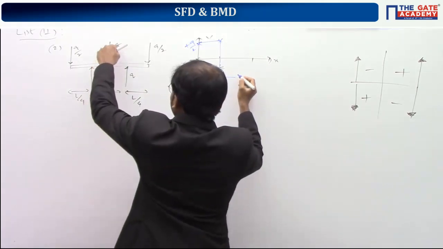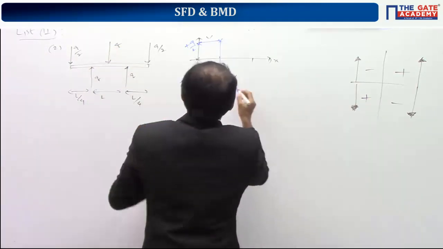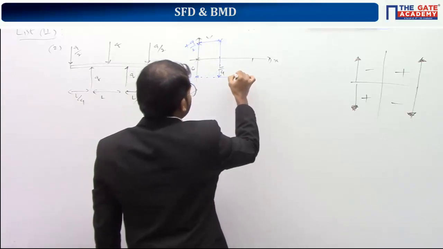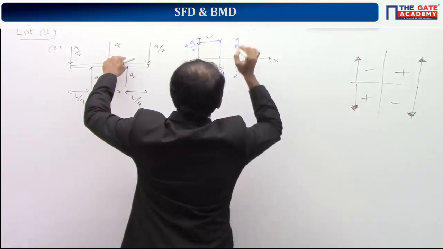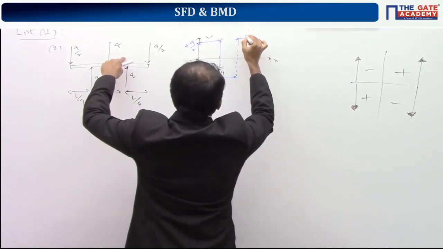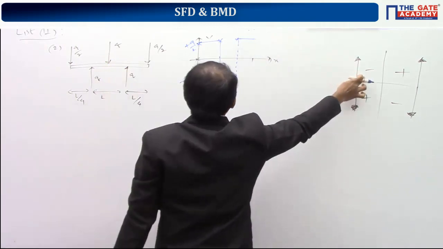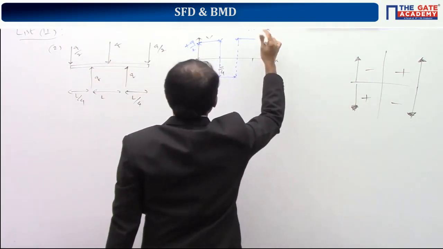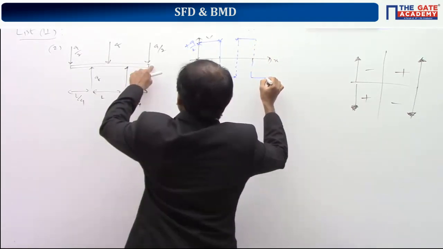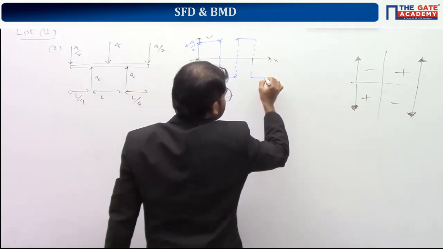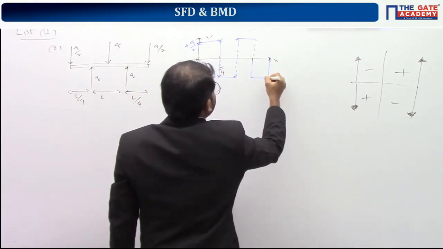At the center there is a downward force of Q. Downward force of Q means plus Q. So minus Q by 2 plus Q, so plus Q by 2. Again it goes on like this. And here upside Q is there. Upside means negative change. So plus Q by 2 minus Q becomes minus Q by 2. Again like this. And here there is Q by 2 downside. So Q by 2 downside means plus Q by 2. So minus Q by 2 plus Q by 2 like this.